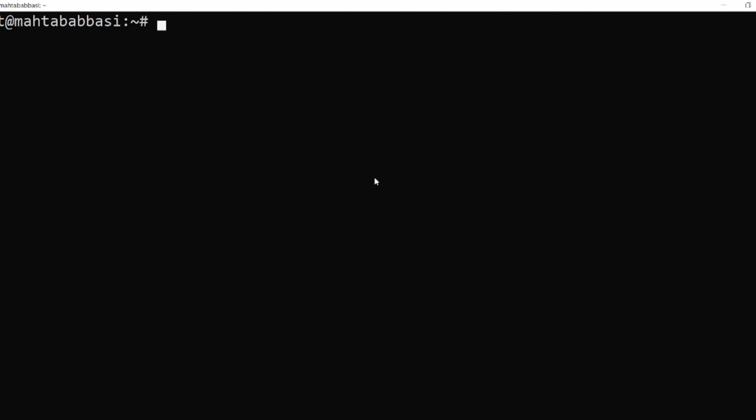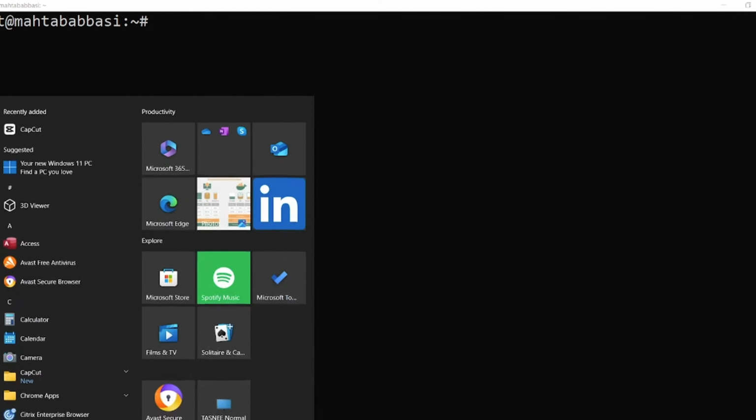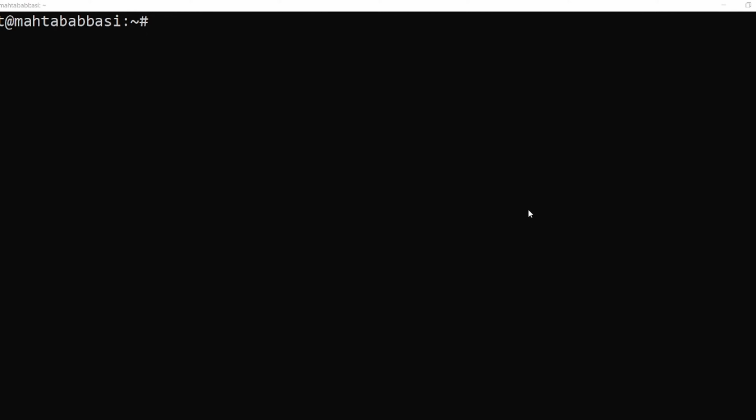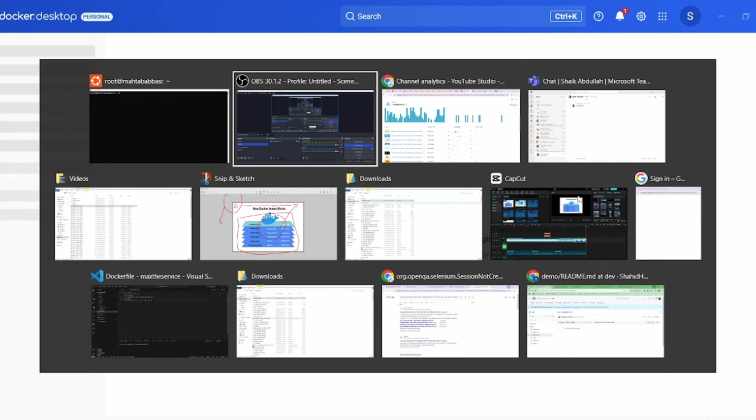So right now I will be showing all the images, containers and practical examples on both the Ubuntu terminal and Docker Desktop. So let me start Docker Desktop in parallel. In the background it should start, and let me start with,